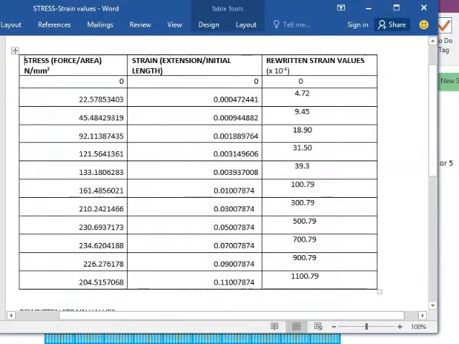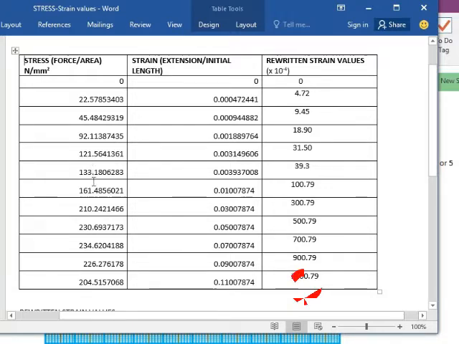The easiest way to know which scale to use is to consider your lowest and your highest value. Now here we can see that if we are plotting this against this, we are going to use these values, not this. When we are plotting this against this, our graph is going to start from the origin, so that's okay. Now our highest value for stress, that is the